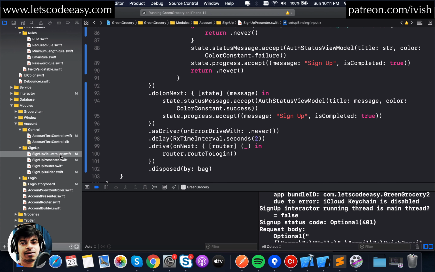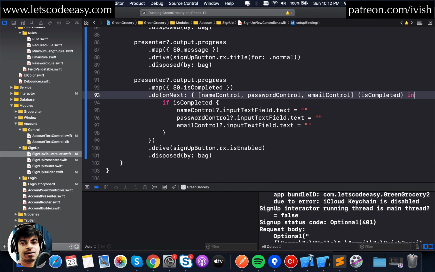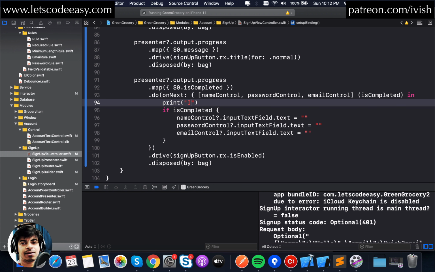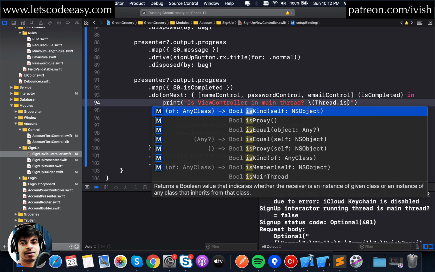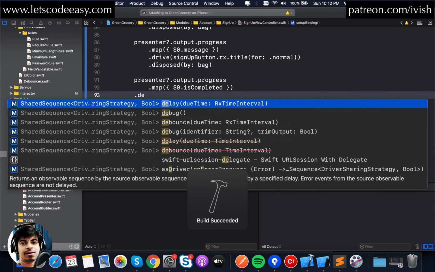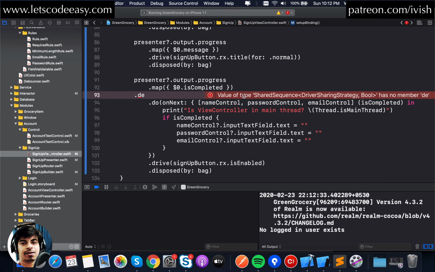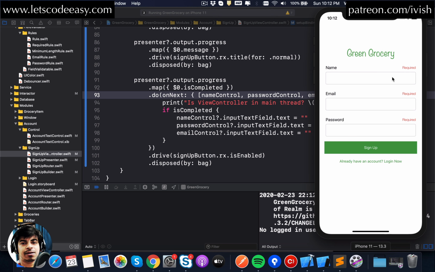Like, let's come back to this. Maybe I just print it here itself and see. Print is ViewController in main thread. Let's see. Also, there is a way to debug as well, something like debug. Then you can see what all signals are going through if you want to see the debug. So if you're interested in doing that,